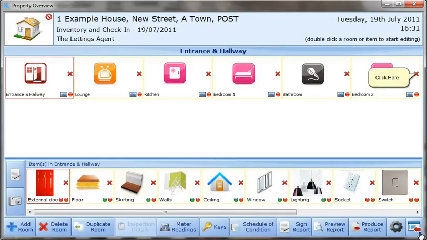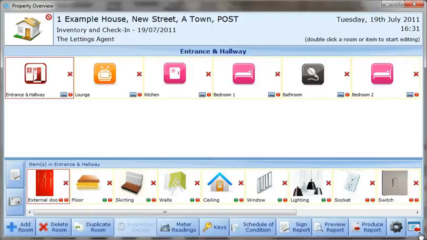Welcome to this tutorial about the tools available on the Property Overview screen. This is the first screen seen immediately after a report has been created or opened for editing, and it could be considered as the home page for the editing process. As you will see, it is the access point to all of the forms used for entering and editing property-related